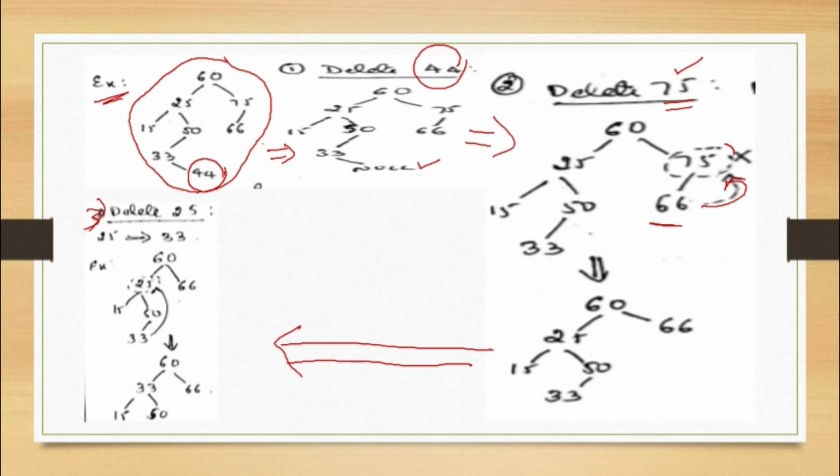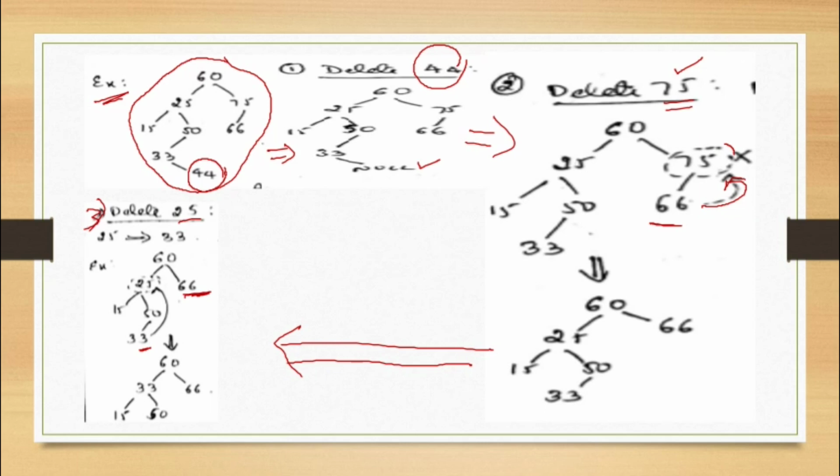So here you see, students, after 60, to the right of 60 you have directly 66, since 75 is deleted. And in our previous step also, after 33 we deleted 44, so that is also not there. That's why I have put two red lines, just to tell you what is deleted so far. Now next is 25. I need to delete 25.